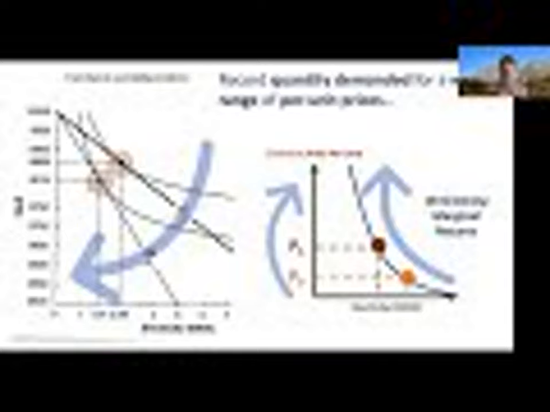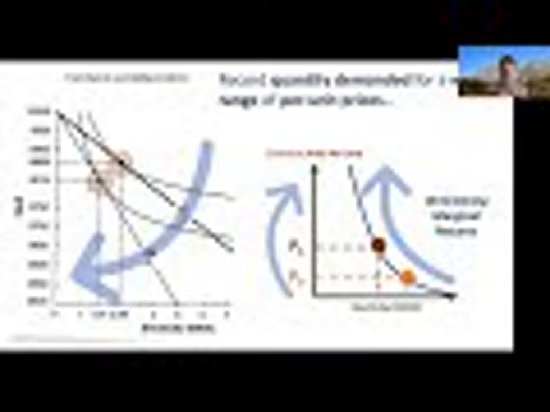So changing the price of a good moves along the curve, changing everything else moves the curve. And we just have to remember that behind the scenes, there are indifference curves driving all this stuff. And so if we want to try to remember how this all works, then we know that if the indifference curves and the price of the other goods are staying the same, then changing the price of the current good is just rotating a budget constraint line. And it's just reaching tangency with different indifference curves. And that's what's changing the quantity demanded.